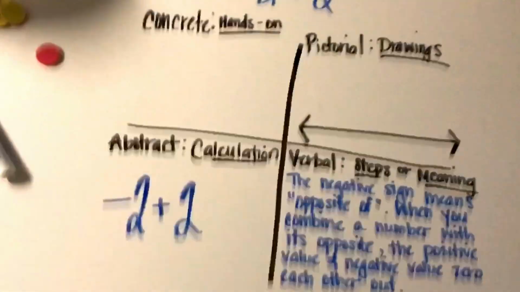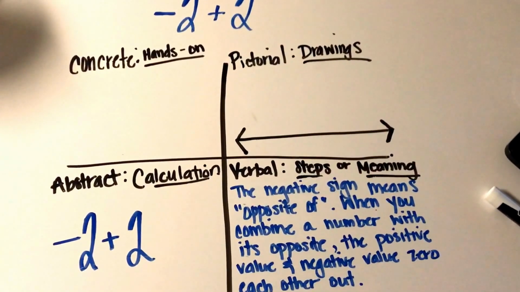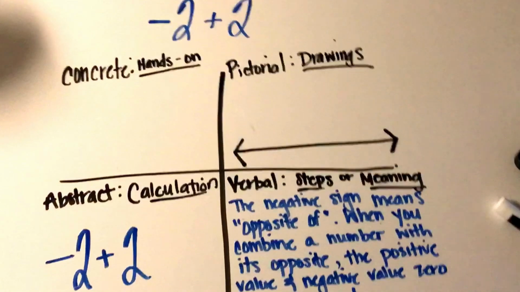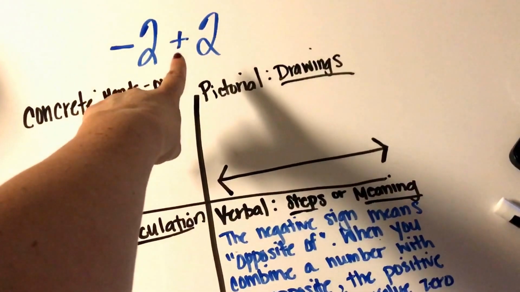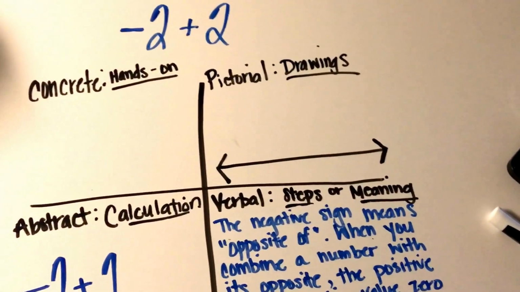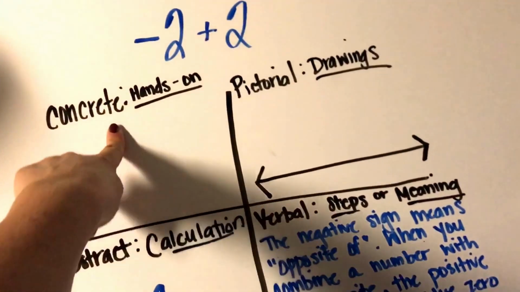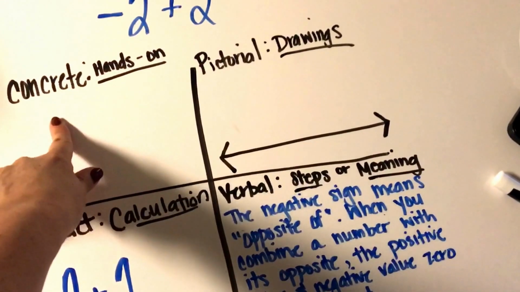We've been talking about additive inverse and how negative really means the opposite of. So here we're going to model out the opposite of 2 combined with positive 2. The main thing I want you getting from this is how to demonstrate problems doing the 4 representations: concrete, which